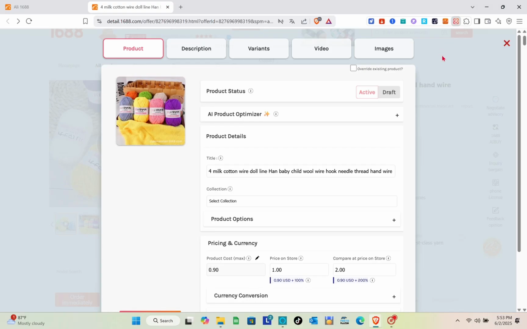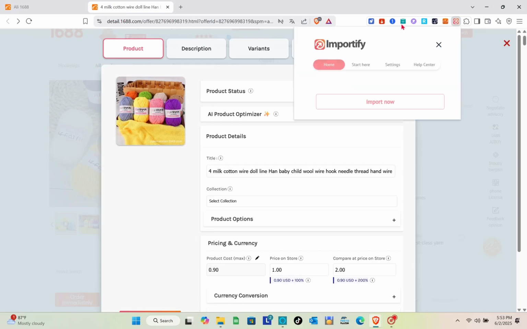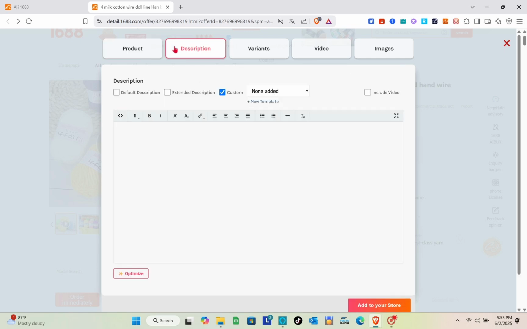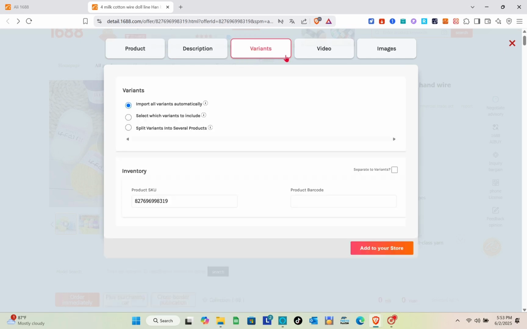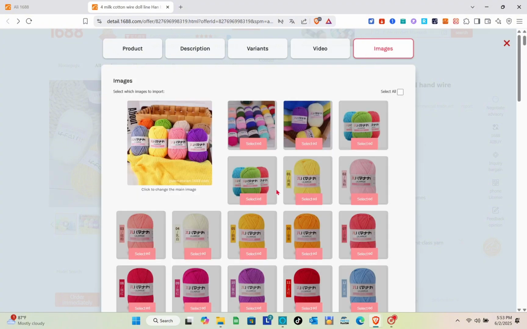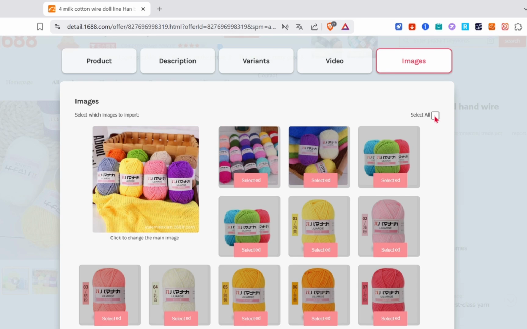So we have the description, the variants, the images, and the other details. Okay, so we have the product right here. We have the description, the variants, the video available, and then the images. So if you would like to import all of the images that you can see here, just have to select